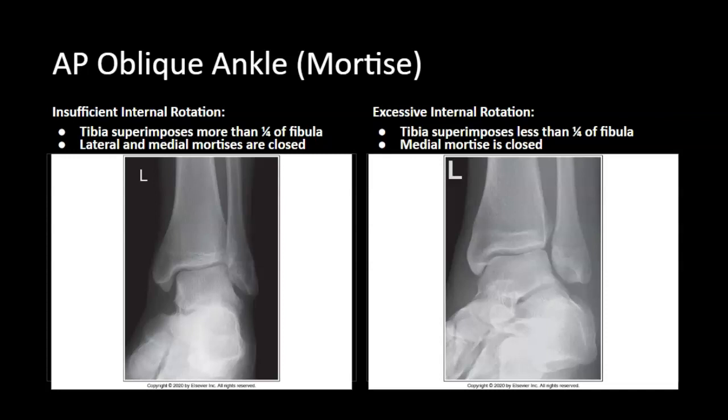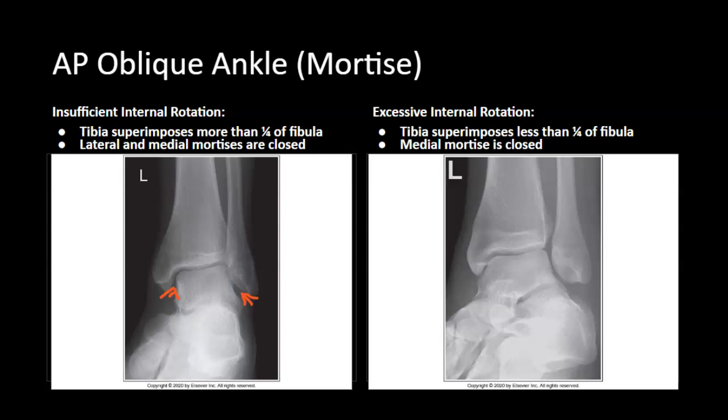Therefore, we have some rotation issues. In insufficient rotation, the tibia will superimpose more than 1/4 of the fibula. In addition, both the lateral and medial mortise joint spaces here will be demonstrated as closed,